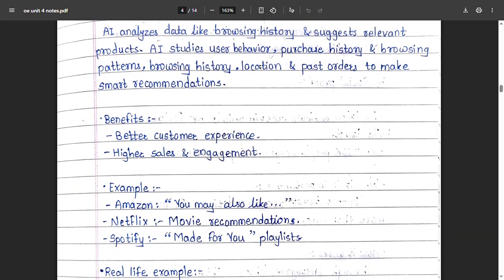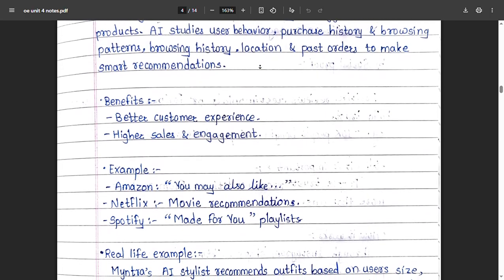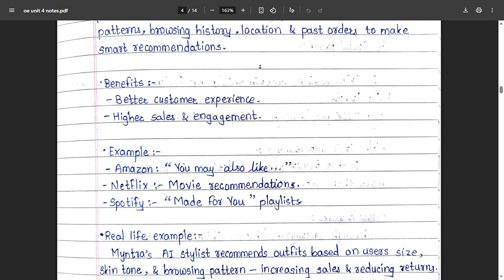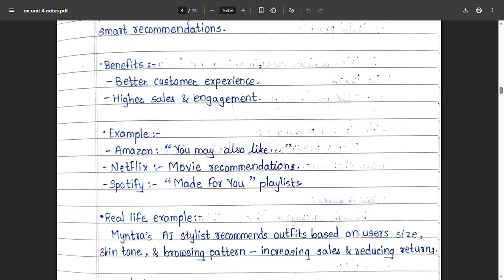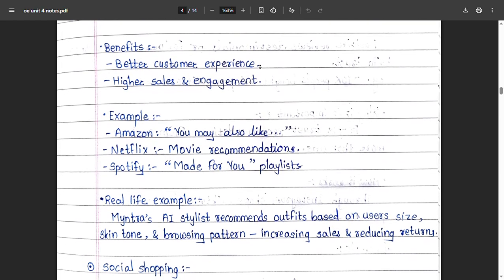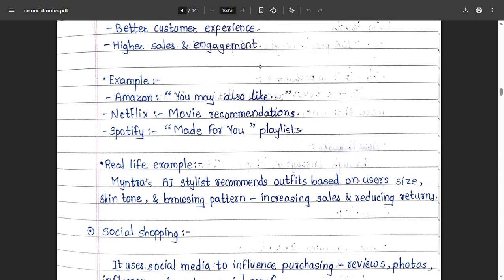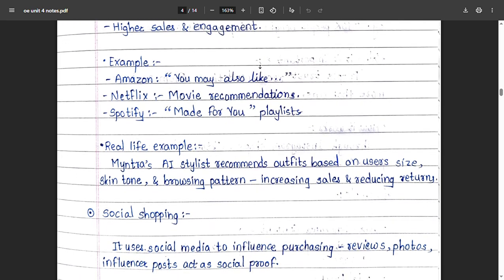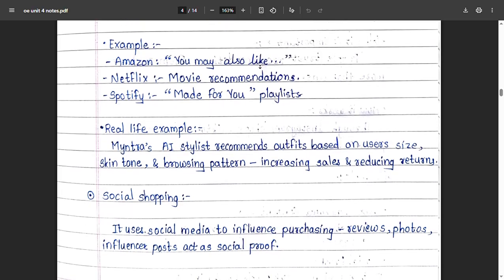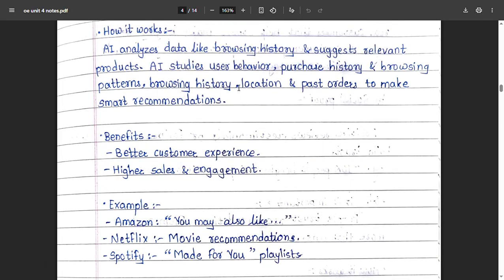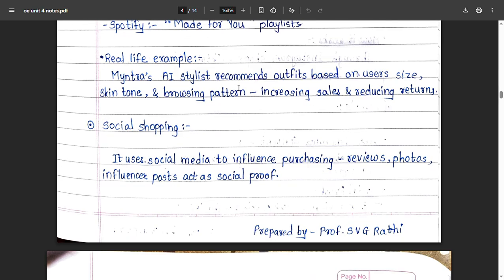One more is Lenskart try-ons, where you are trying something on and it recommends whether this size or spec suits you or not, whether your face is oval or round. When you look at this type of spec on your face and it looks really good, it recommends it.